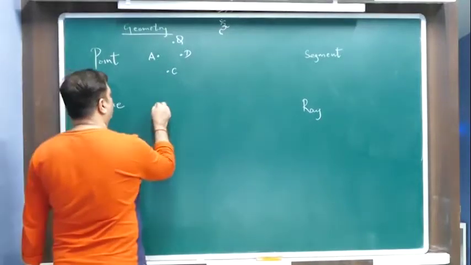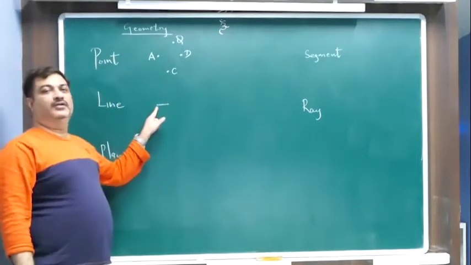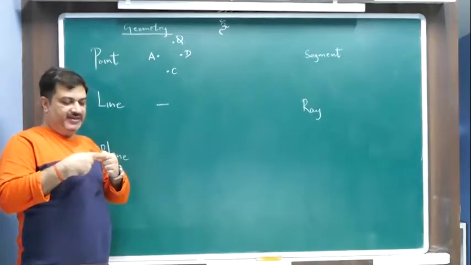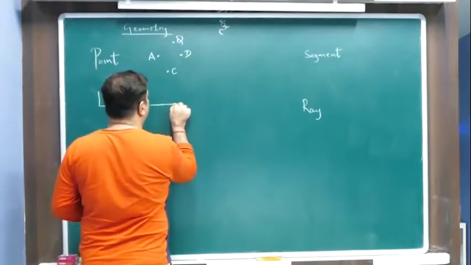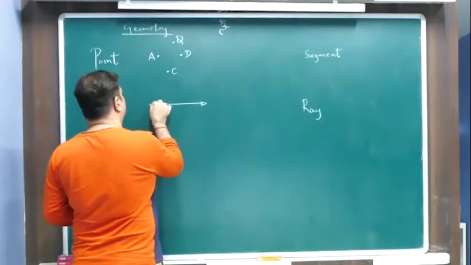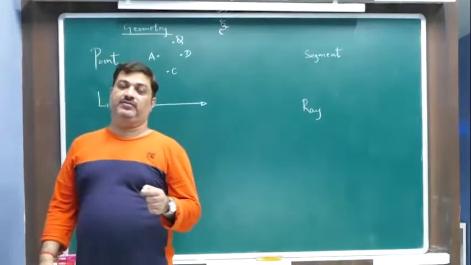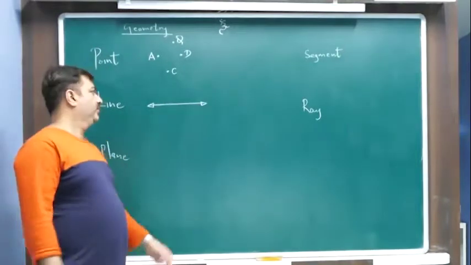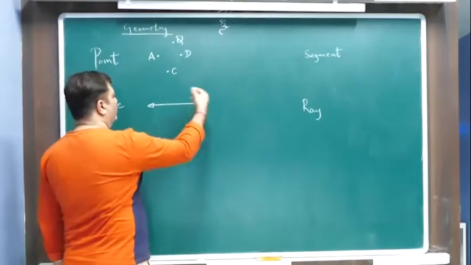What is a line? Dot, dot, dot, dot, dot. You go on connecting one dot with the other just besides it, one besides the other, and just go on connecting the dots and you will realize that you have got a line. So what is a line? A line is basically a collection of points. It's a collection of indefinite number of points. So a line does not have a fixed starting point and it does not have a fixed ending point.